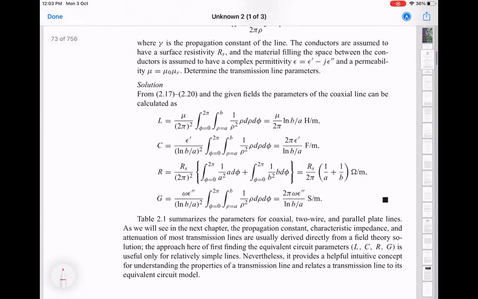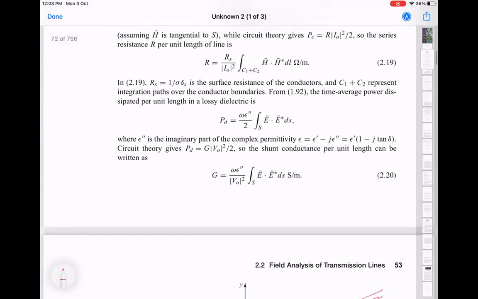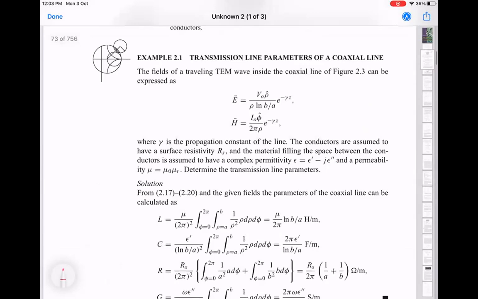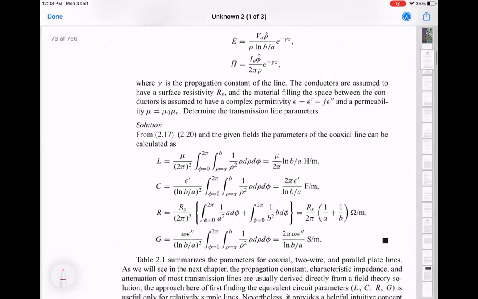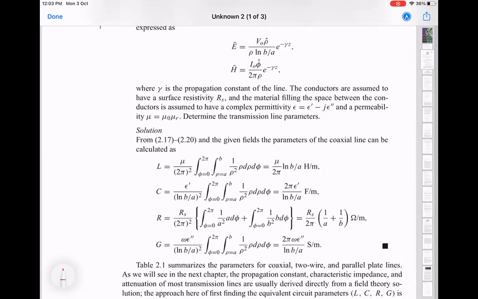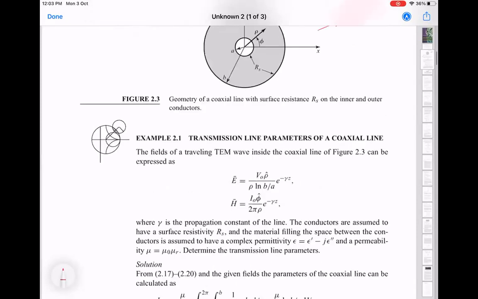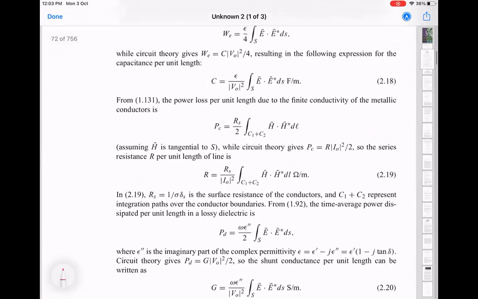So earlier in chapter 2, let's see this one. They basically give you these formulas for computing the L and the C, which is inductance and capacitance per unit length, but also the resistance and the conductance. And these come from